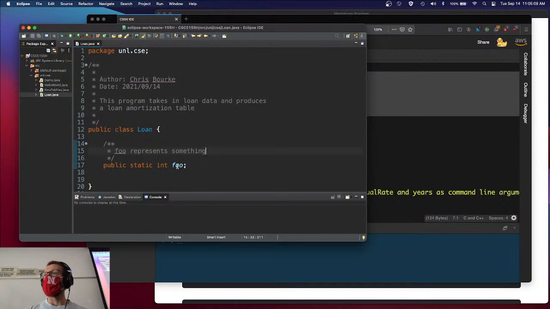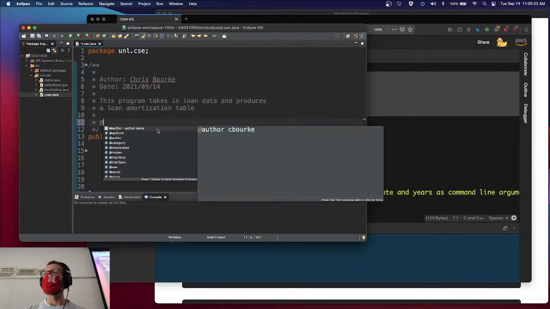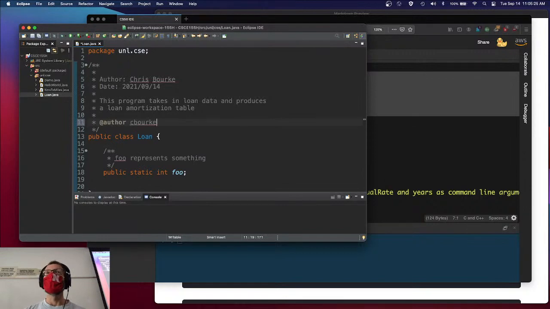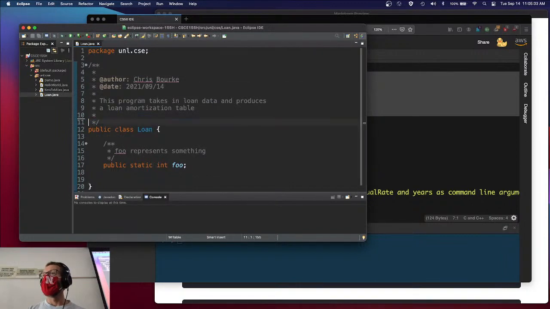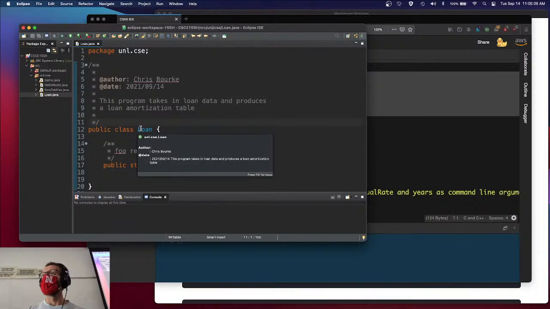Then if I hover over that, foo represents something associated with that. So it has to be immediately above. So it has to be a forward slash star star. Yep, forward slash star star, and you saw very briefly that there were some annotations here too. Author, right? You could put that in here instead of using author. Author, date. I don't know if date is supported or not, but those kind of annotations are recognized by